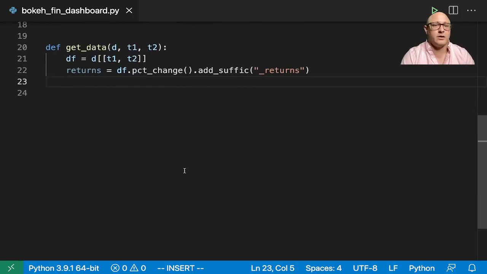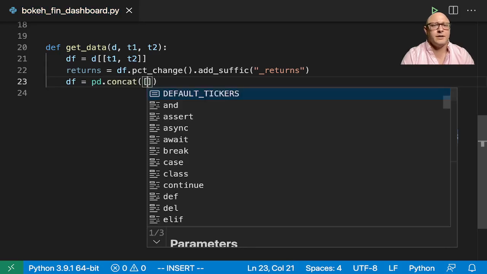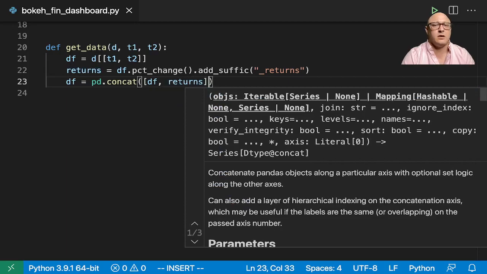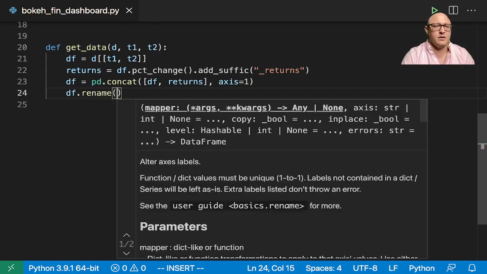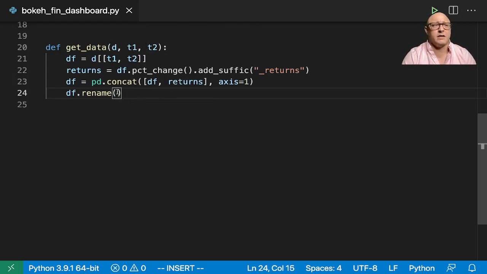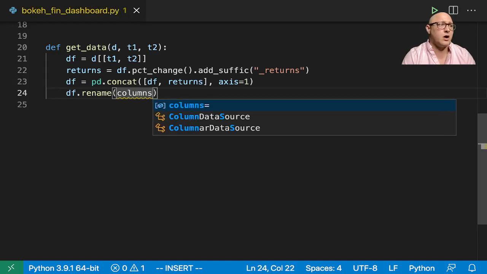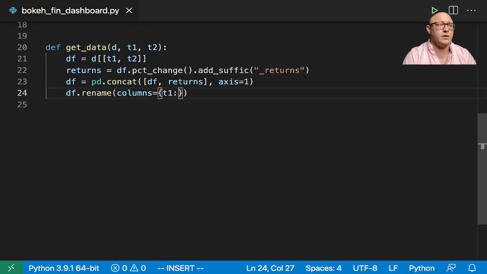So then now let's go on and override our data frame by grabbing these 2 data frames in here and doing something like pd.concat in here, and we'll do our data frame with our returns on axis equal to 1. And then we'll also do something like df.rename, because one of the reasons I'm going to be renaming here is the following code that we'll be doing. I'm going to be doing everything in terms of T1 and T2, so that's very generic. We can do this in a couple different ways if we want to, but just for now, we'll do it this way. Columns in here, and let's say something like T1 such that